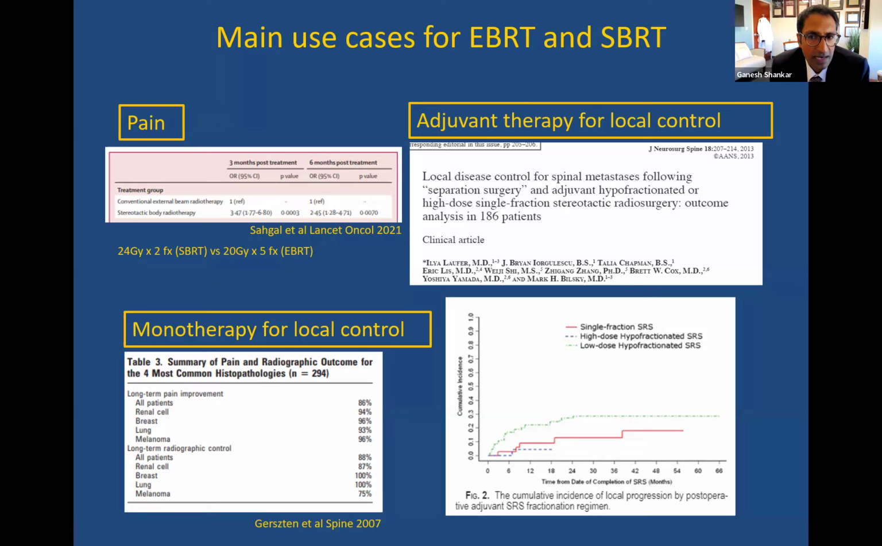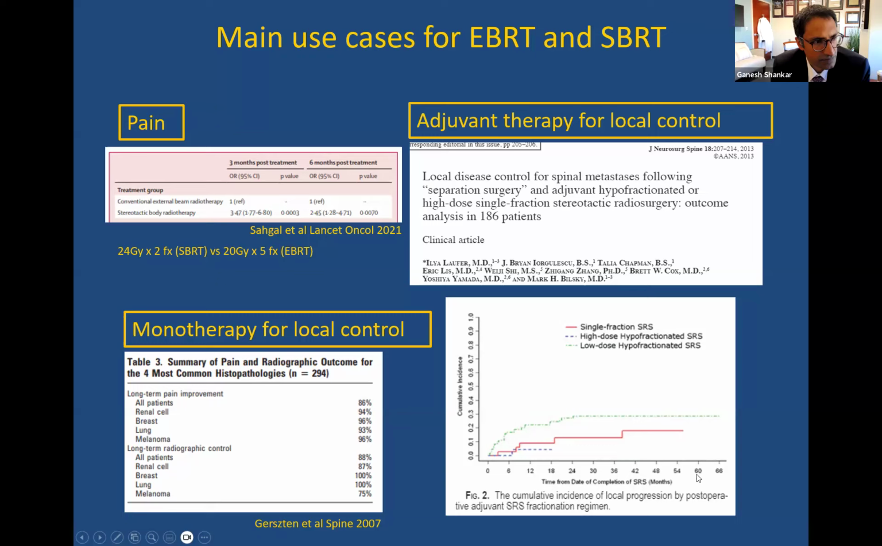Following, and sorry, before I move on to the right side, radiation therapy can also be used as monotherapy for local control as well. And again, this is for patients who don't have significant cord compression, for patients who have isolated vertebral body disease, and then adjuvant therapy for local control. So this is the group from MSKCC that published this paper now over 10 years ago that showed that for patients who had